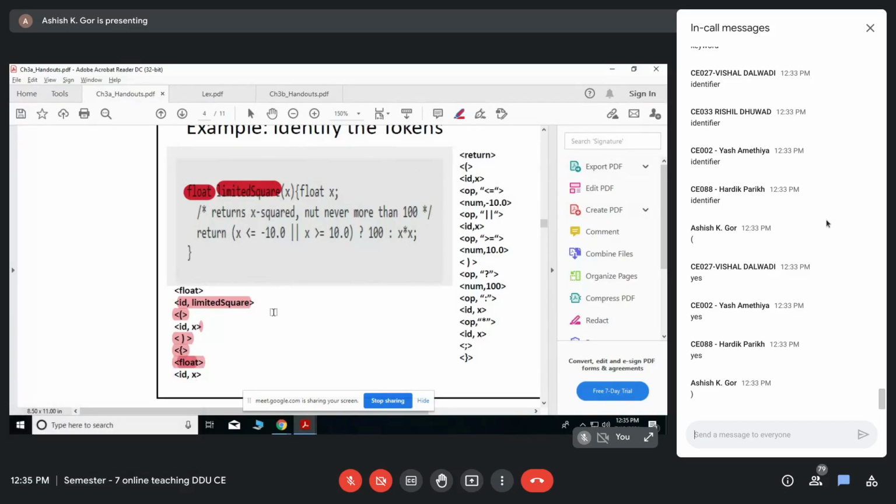You can also write semicolon if you wish. Then return. See, the comment is not shown because the comment is removed by the compiler phase. So return, and then again all those things, you can see this is an operator.